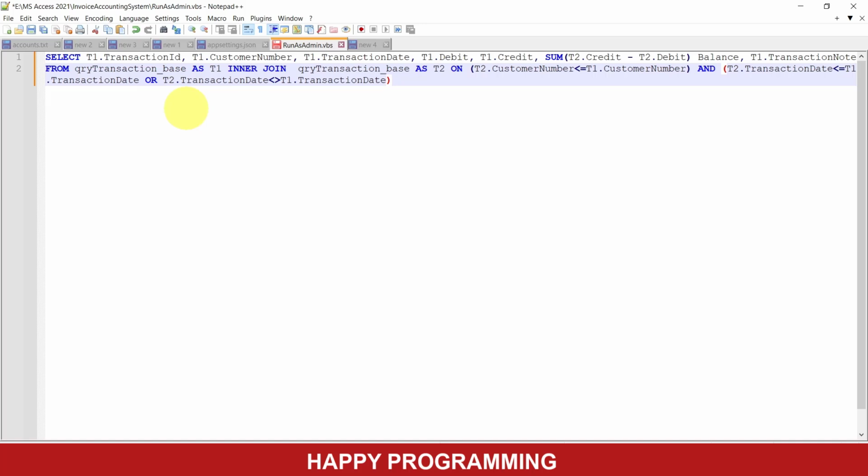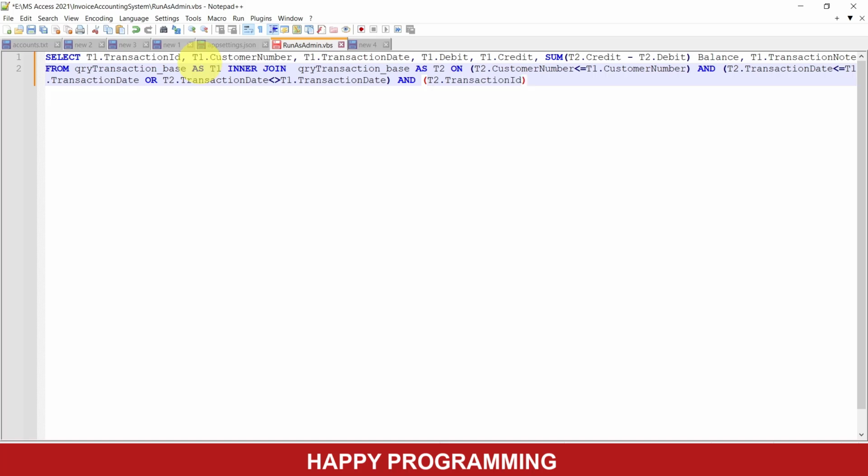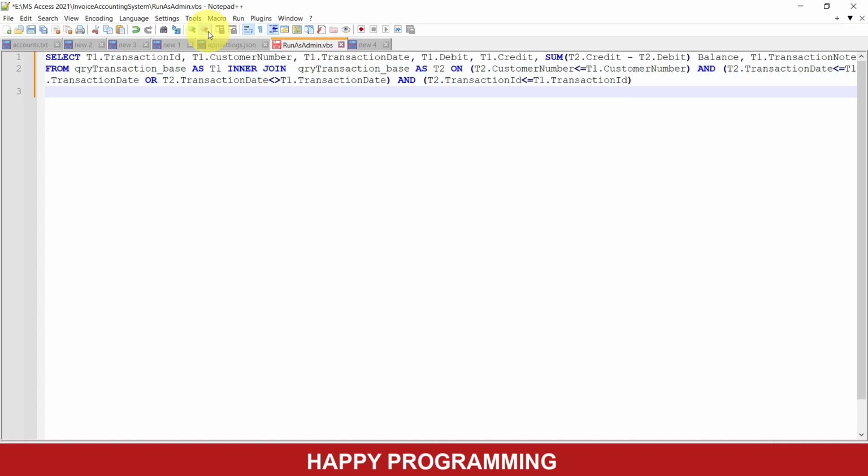Oh yeah, one more thing. We want the date to be not the same, which there won't be, but we'll go ahead and filter this one out. T2 transaction ID right here is less than or equal to transaction 1. I think that looks good right there. What do you think? Now let's